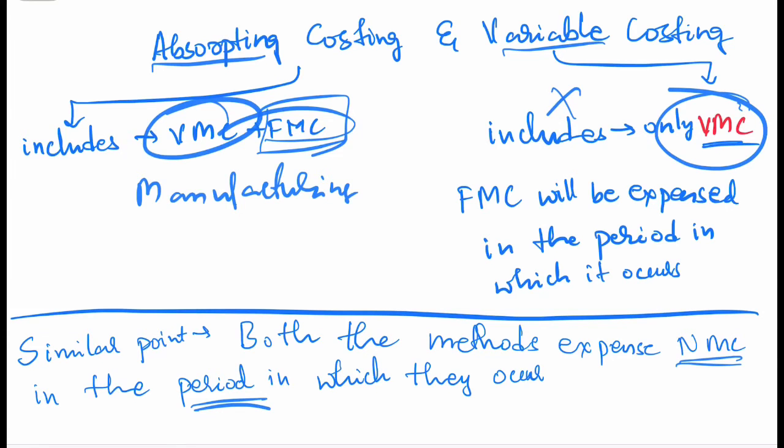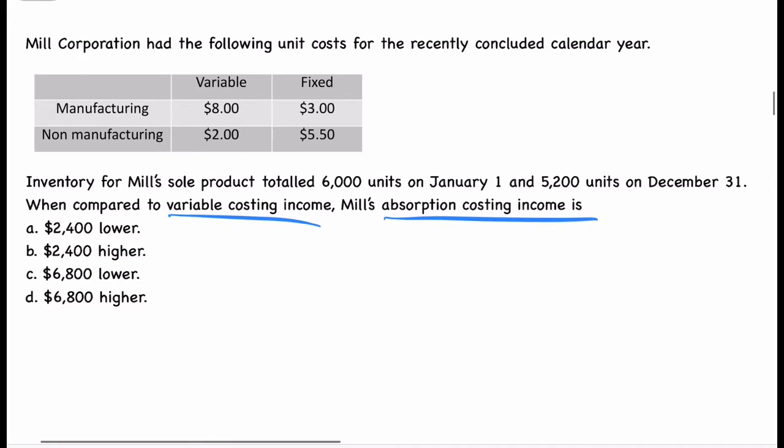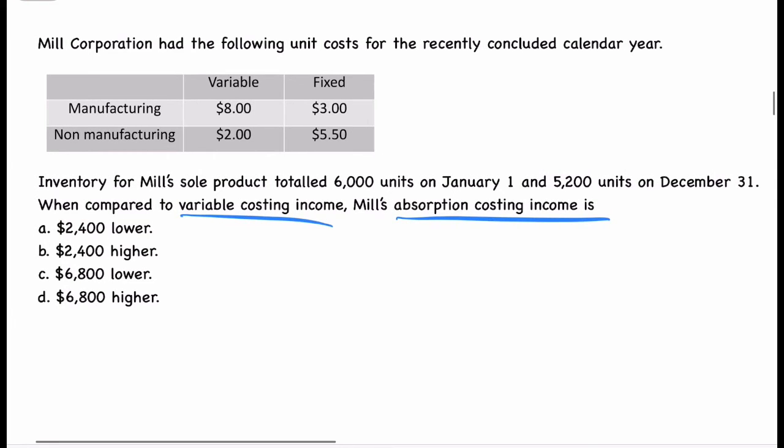They are speaking about variable costing income and absorption costing income. In the exam, most importantly, they give these other options just to confuse us. So we understood what is variable costing and absorption costing. What are we going to do next? We are going to eliminate those data which are not required for us. That is the best way to solve in the exam. Which data are not important to us? Non-manufacturing data is not important to us. We eliminated it.